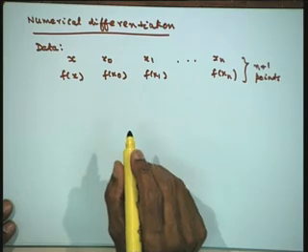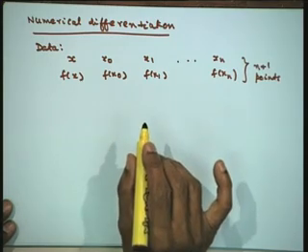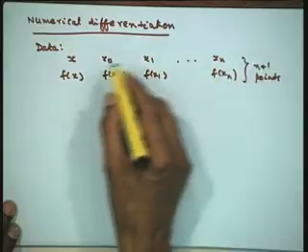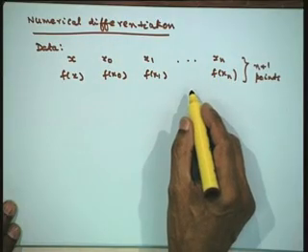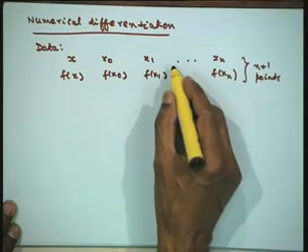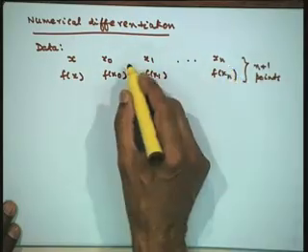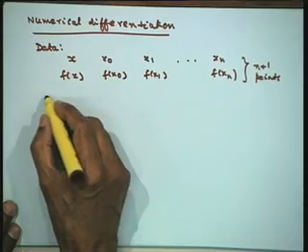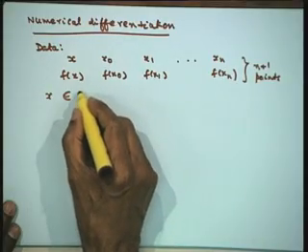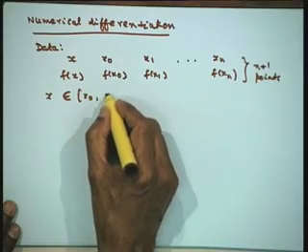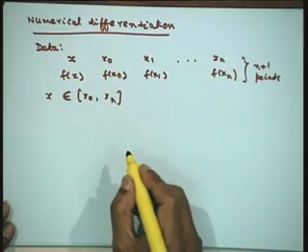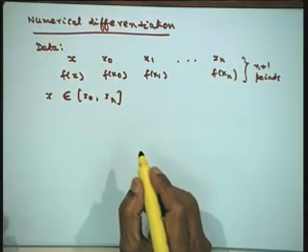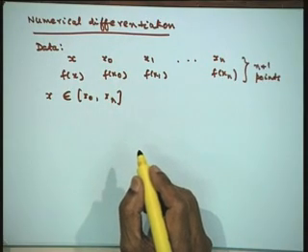We wish to find the derivative or higher order derivatives of the function f(x) which represents this particular data, either at a nodal point, that is x0, x1, xn, or at non nodal points somewhere in between these data points. So, for any point x contained in x0 to xn, we would like to find a derivative or higher order derivatives for the solution of this particular problem.